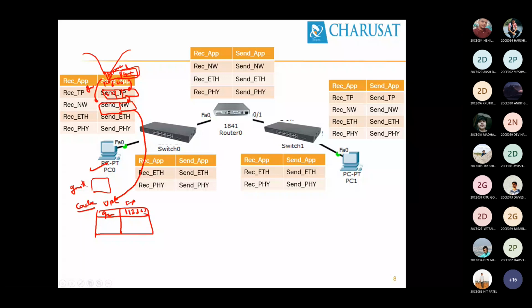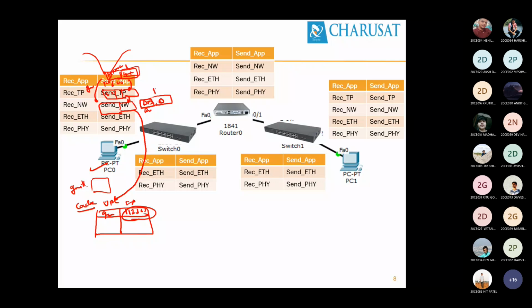So this network layer will not do anything until it gets an IP address. To get the IP address, it contacts the DNS server. To contact the DNS server, it again prepares a separate frame. Look at this. Now it's a service provided by the network layer. So it contacts the DNS server. It adds the header of the DNS request, and it sends this.